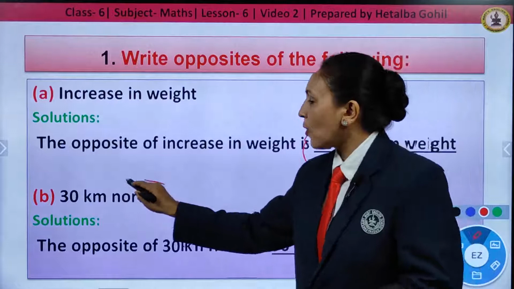Delhi, 20 degrees Celsius above 0 degrees Celsius. Again the word above, children, that means it is plus 20 degrees Celsius. Srinagar given to us is 5 degrees Celsius below 0 degrees Celsius. That means it will be minus 5 degrees Celsius. So children, these are the blanks given to you there. According to the statements, we have to write it with the plus and minus sign here. Okay, let us see the next question related to it.